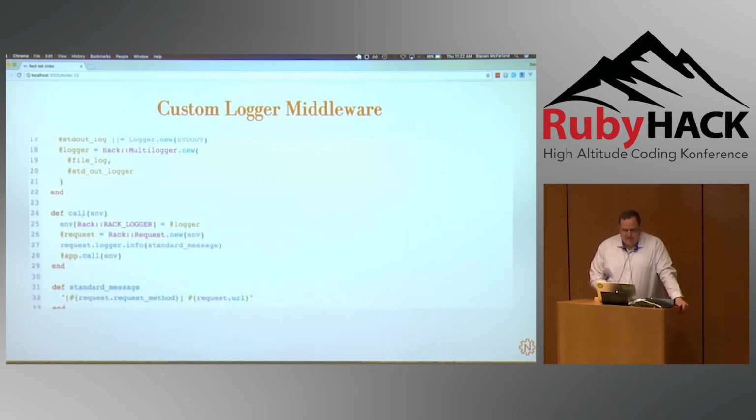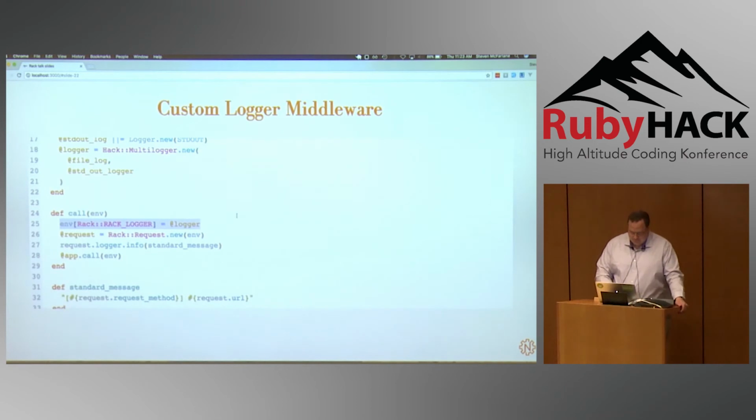And that is it. But since I add it here at this particular key, when I use Rack request, which I think both Sinatra and Rails subclass for their request objects, now whenever I use request.logger, it will be my custom multi-logger. So anytime the app logs, it will log both to standard out and to my